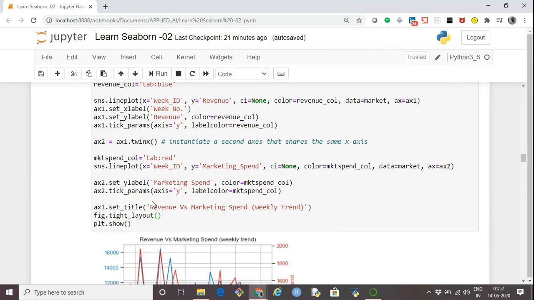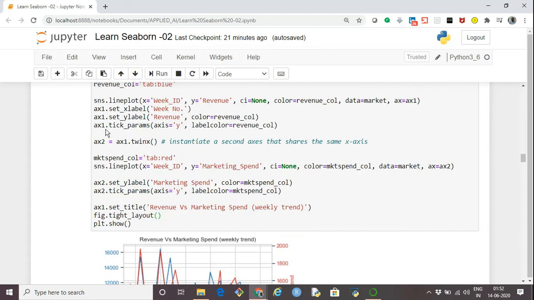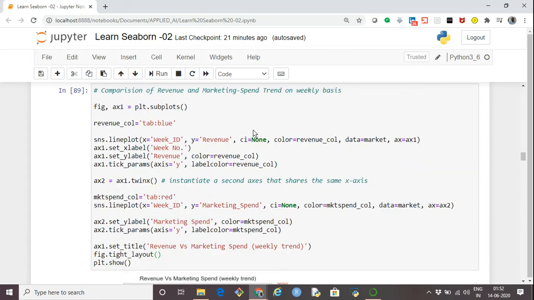Similarly, for the tick marks, ax1.tick_params, where axis is y, the label color should be based on the revenue color, that is the Tableau blue color. So this is how we set the first graph.